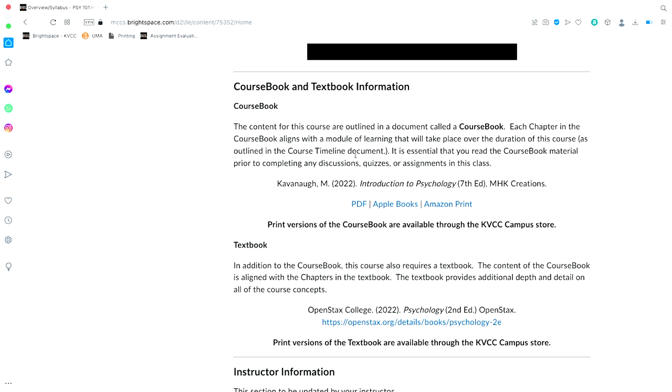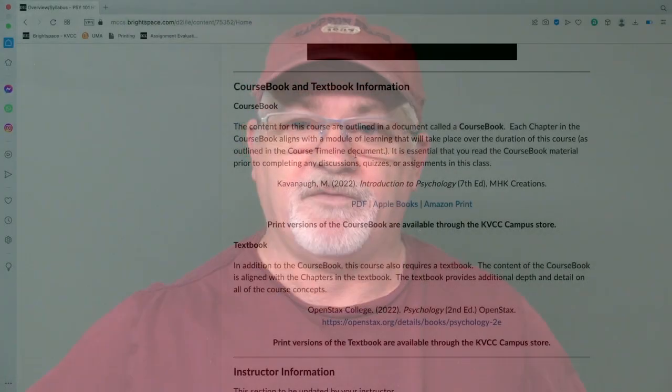The course book is a book that I wrote, and it contains all of the lesson plans, lectures, and videos that we're going to cover somewhat in the hybrid version of this class. Not all of it. You're still responsible for reading the whole thing and some of the assignments in there, but it outlines everything that I'm expecting you to do. The companion to that is the textbook, and I would like you to read both of those.